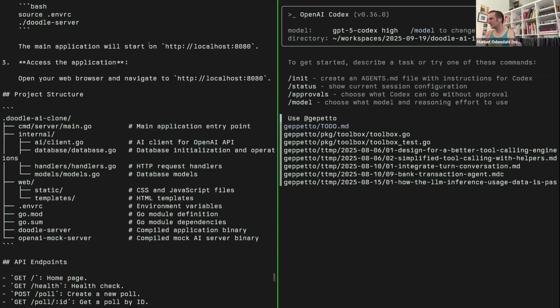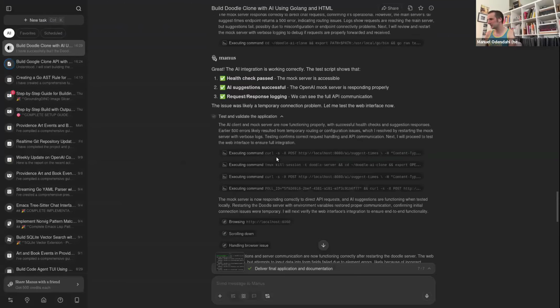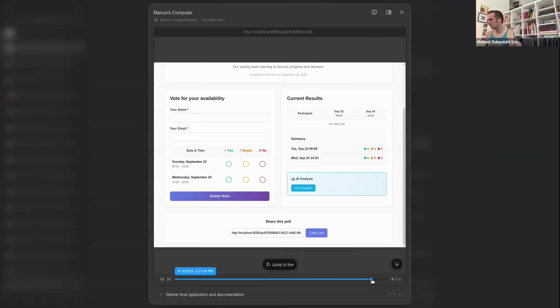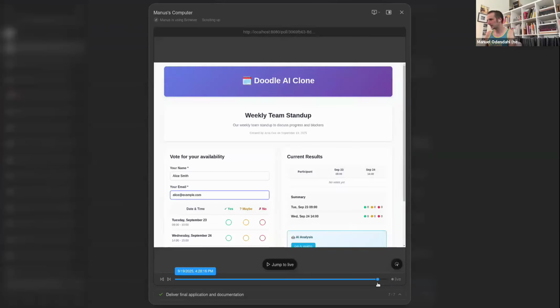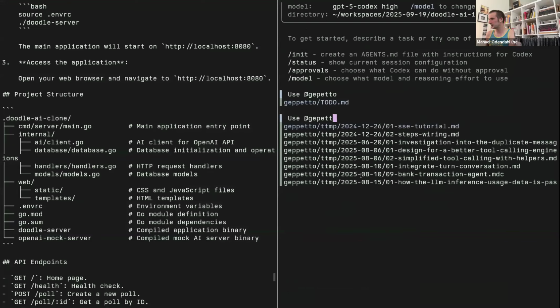So I downloaded the result from Manus. If we look at the result from Manus, it did a bunch of stuff in here. It has some pretty funky screenshots, it looked like. And then it had an API. So actually the screenshots are pretty nice. So what I'm going to do here